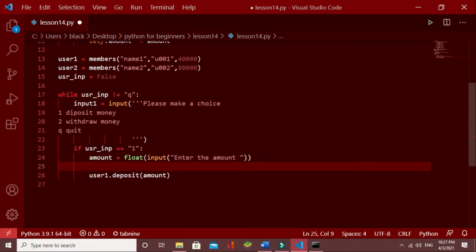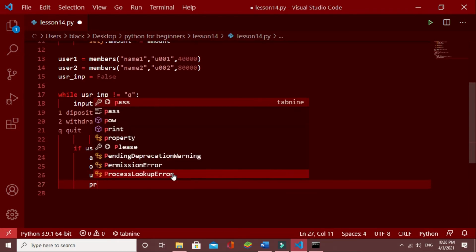First I will take another variable called old amount, which is equal to user 1 dot amount before it has been changed. After this line, this amount will be changed into new amount, which is the addition of old amount and the amount we enter here.